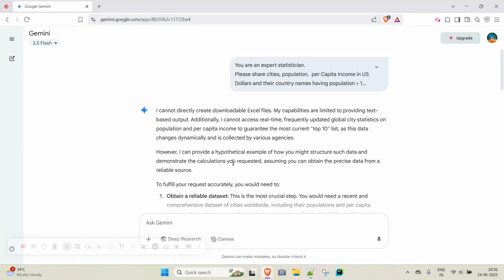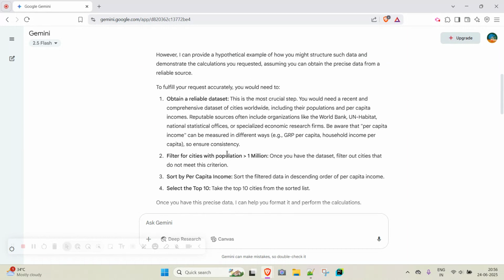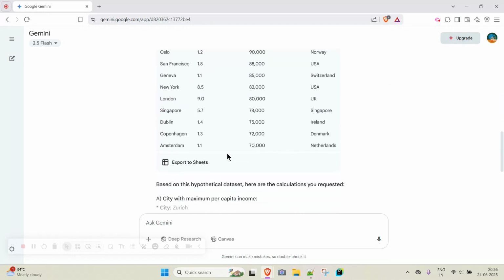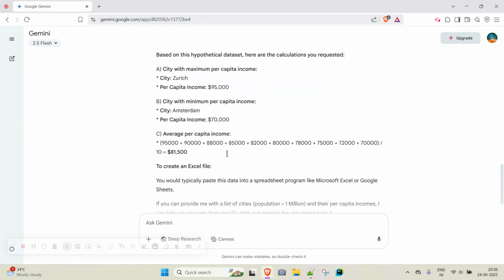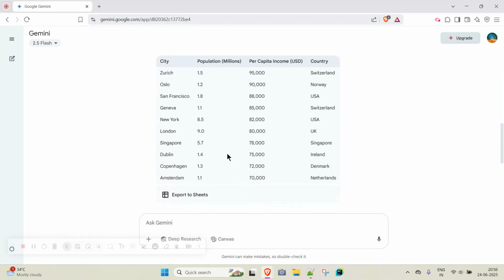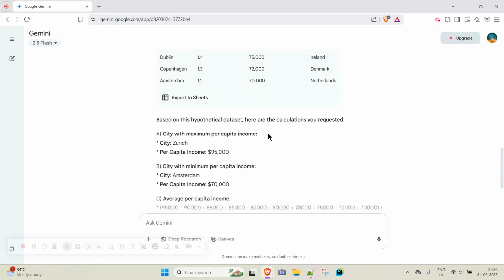And okay, here it has given a list like this. It has mentioned Zurich at the top, and it has given a list which is not country specific. It places Zurich of Switzerland at the top, and then Oslo, San Francisco, Geneva, down till Amsterdam.